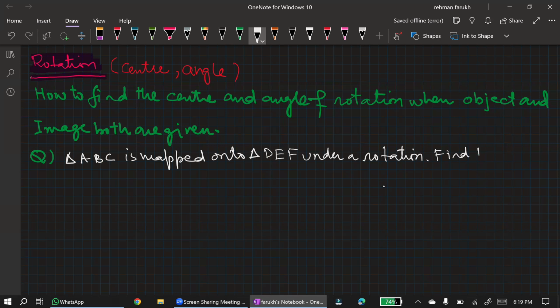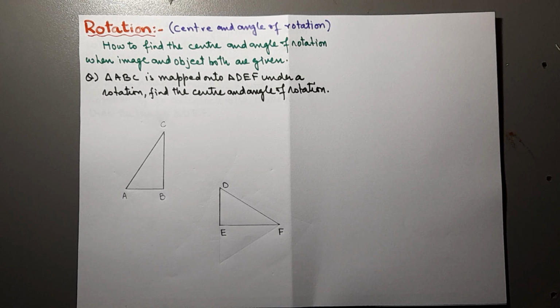Find the center and angle of rotation. Now, two triangles ABC and DEF are given, and we will find the angle and the center of rotation. In this question,